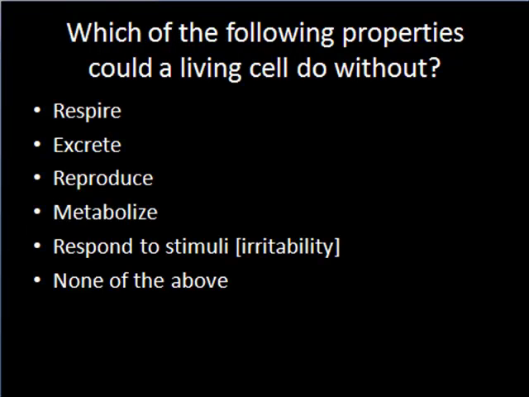Let's look at the next one. So here, read the question carefully. The question says, which of the following properties could a living cell do without? So the operative word is cell. Now all of these properties are properties of living organisms. However, cells form living organisms, but there is one property here which a living cell does not need in order to be called living. However, that property is a property of living organisms, because I said all of these are properties of living organisms. The question is asking you what is the property which a cell cannot do without, and the correct answer is